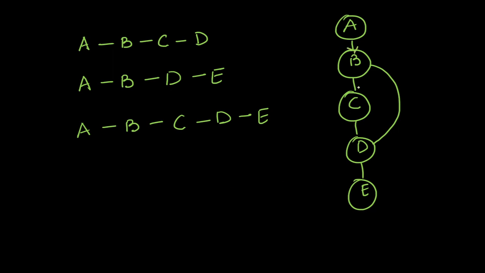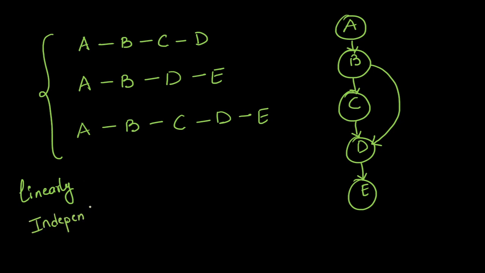Okay. Now can you tell me out of these how many paths are linearly independent paths? अगर हमारे पास ये पाथ है, इन तीनों पाथ में से how many paths are linearly independent paths? So what is the definition for linearly independent path? It says that it should add at least one new node. New node add होनी चाहिए आपकी. Yes, if you see over here, A, B, C, D. So this is A, B, C, D. Correct.